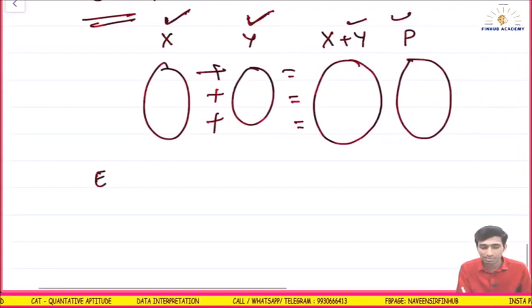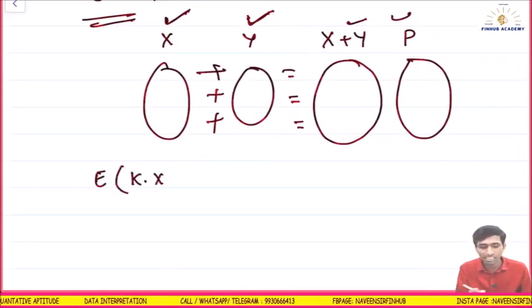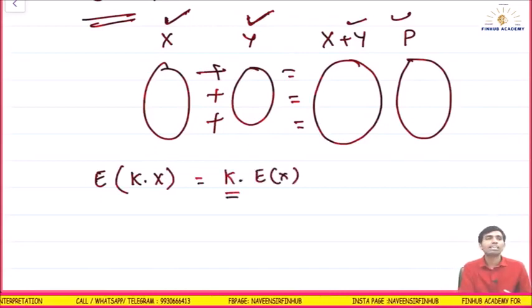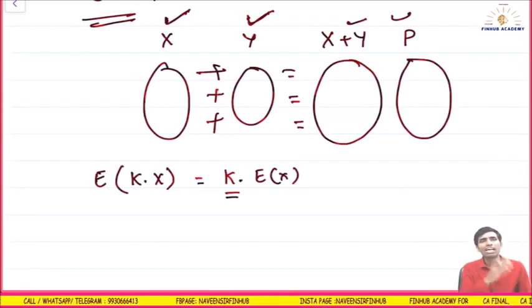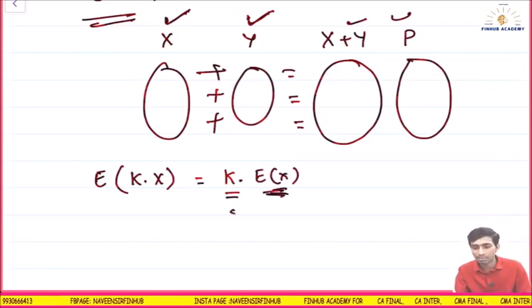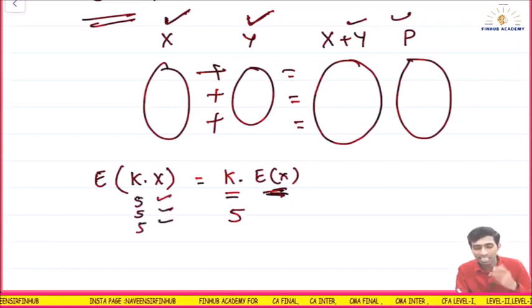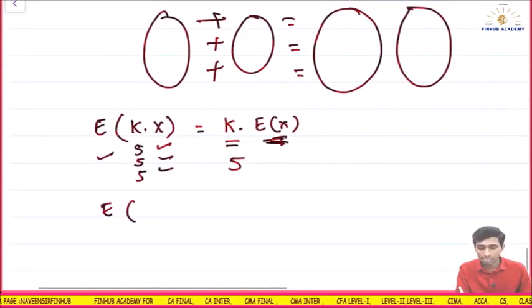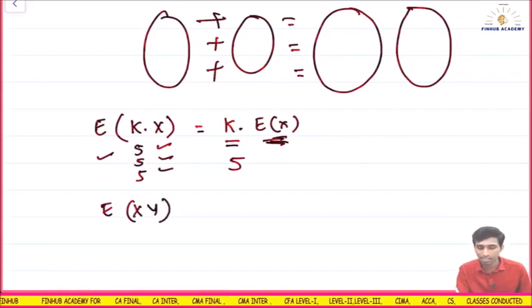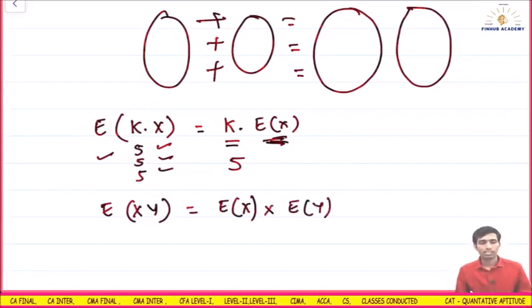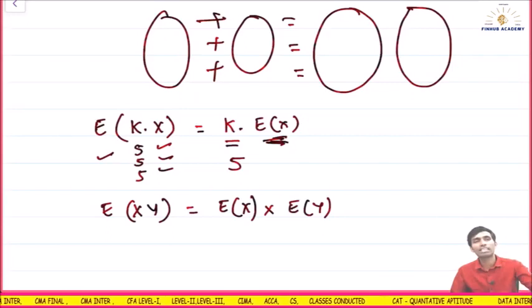If in case I multiply all the x values with k, then obviously the mean will also get multiplied with k. Change in scale we are applying. I have the x, I calculated the mean, it is E of x. If I multiply that with 5, or other way around, all the data points of x are multiplied with 5 and then I calculate the mean, it will be the same. E of x into y, means I am multiplying, is equal to E of x into E of y, when x and y are independent. Obviously the condition is when x and y are independent.